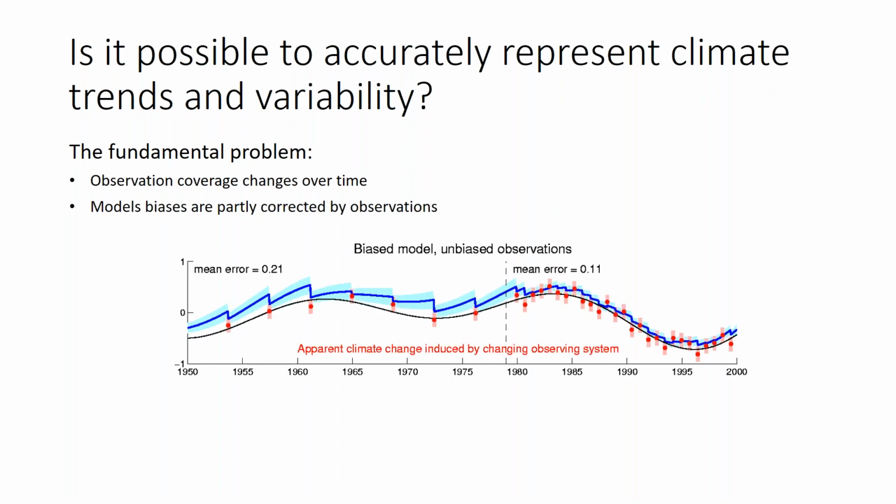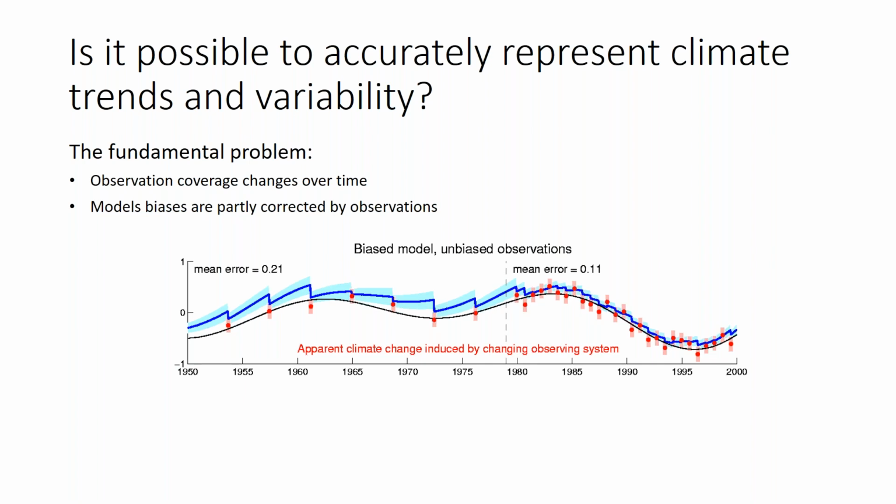So the fundamental problem I think you all know about is that observation coverage changes over time, and models which are used in reanalysis have biases, and these biases are only partly corrected by observations. So that's already a big problem, because then it's very easy to see, and I like to use this little cartoon here, why you would get problems with representing trends, for example. So if you have,